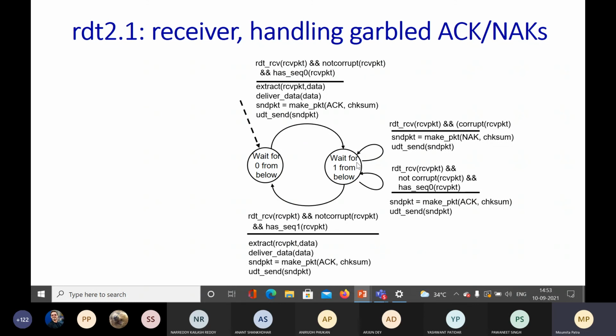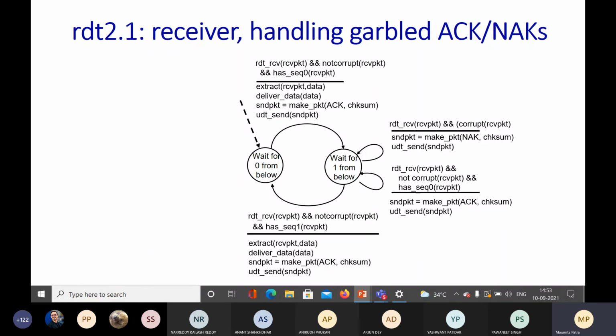The receiver is waiting for the packet with sequence number 1, but it has received the packet with sequence number 0. So it is of no use, because you know that the packet with sequence number 0 has already been extracted and transferred in the previous action, right? So this packet will not be sent further to the above layers, but what is the action that it will